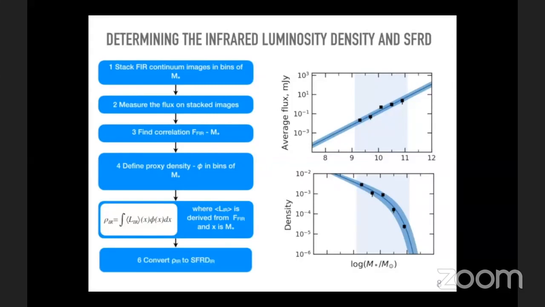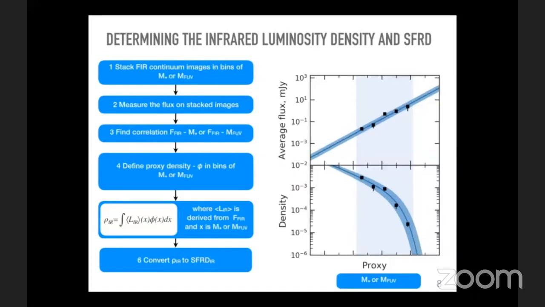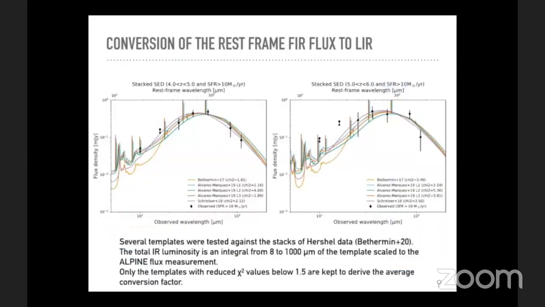And of course, we can also use other proxies of the far infrared flux. For example, we can use the FUV magnitudes. And the UV luminosity functions we can also get from the literature, since they're quite well constrained in these redshifts. The main caveat here is that using just one point in the rest frame far infrared, we need to get